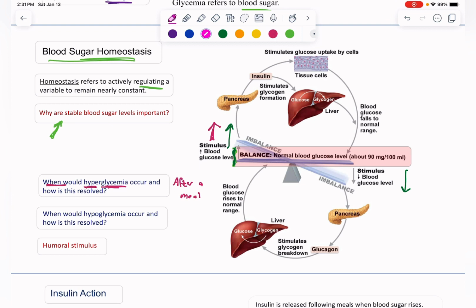That high blood sugar is going to be detected by the pancreas itself. And in response to those high blood sugar levels, the pancreas is going to release insulin into the blood. And it's the job of insulin to bring blood sugar levels back down to where they should be. How's it going to do that? Well, first of all, insulin